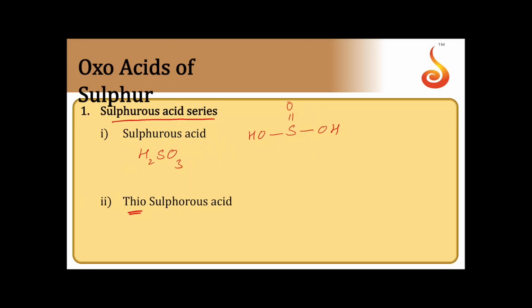Now comes thiosulfurous acid. If you replace one oxygen by one sulfur, those compounds are called thiosulfurous acid, thio compounds. Let us take the same structure here. You are replacing this oxygen by sulfur here, and so this molecule is now called thiosulfurous acid. So H2, it will be S2, and then O2 we have. We have replaced one oxygen by one sulfur. H2S2O2 is thiosulfurous acid. Then